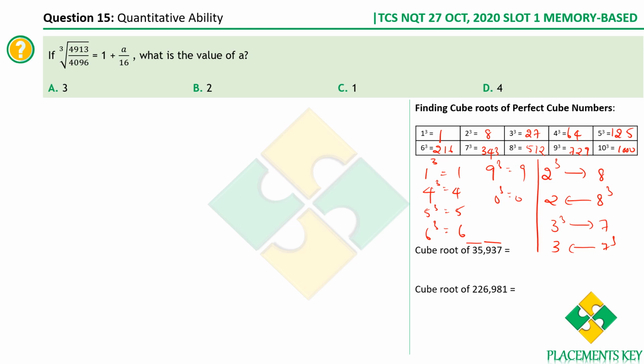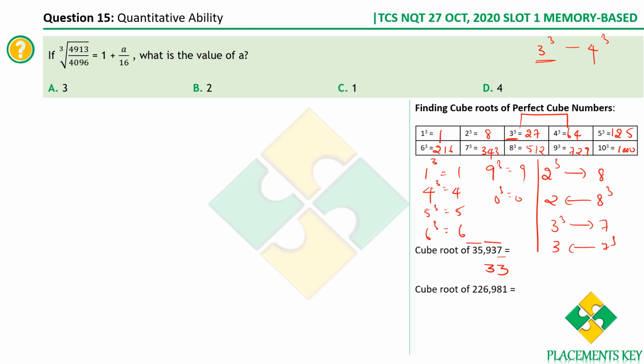Okay, now since we have 7 here, we know that the unit digit of the cube root has to be 3. That's what we have seen, right? 3 cube ends in 7, 7 cube ends in 3. So if it is 7, it has to be 3. Now that is done. Now we have a 35 here. Just see in what range 35 falls. 35 falls between 3 cube and 4 cube, therefore take the least value there, which is 3. Okay, what I'm saying is the range lies between 3 cube and 4 cube, so take the smallest value, so therefore this number has to be 3.